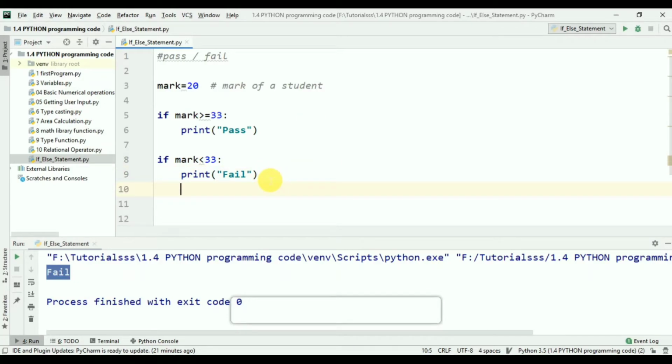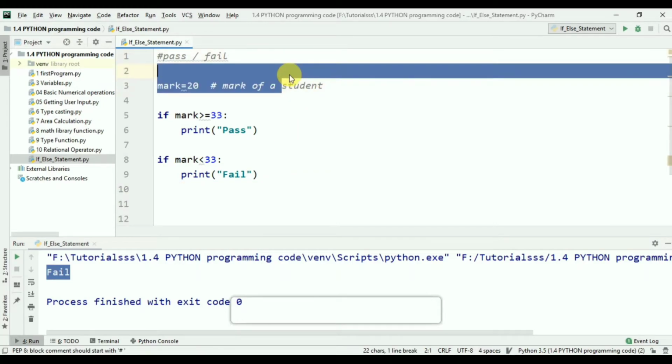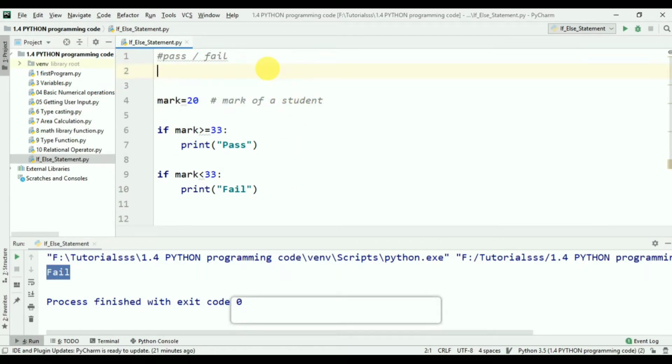Now I am going to tell you another thing. Here we used two if statements, but when we have one condition, we have no need to declare if statements more and more, because it will take time when you declare different types of if statements in your code.